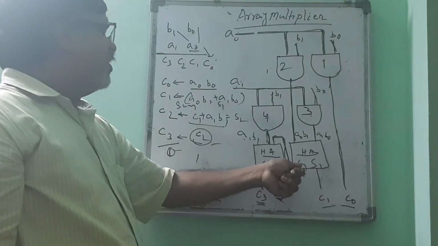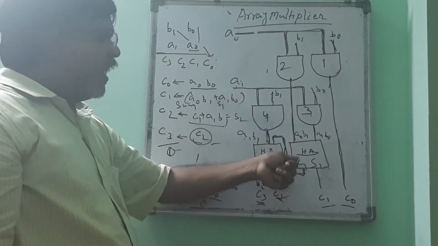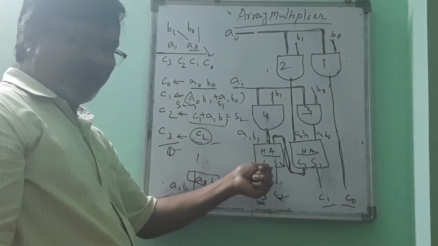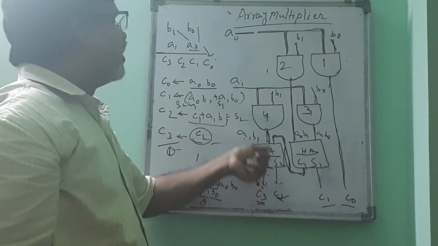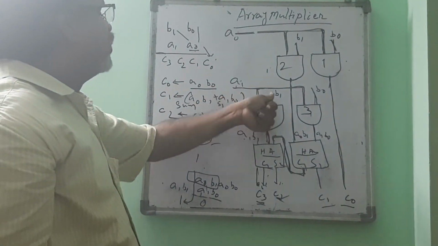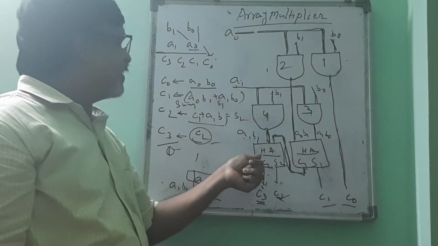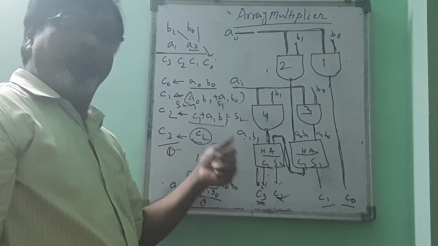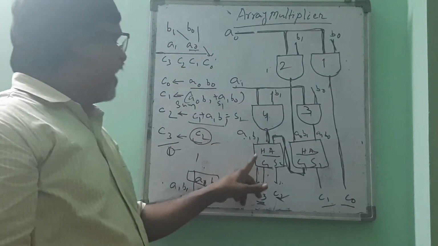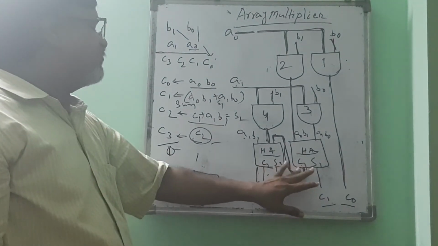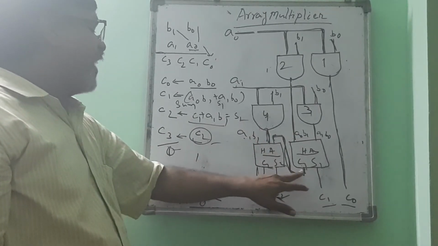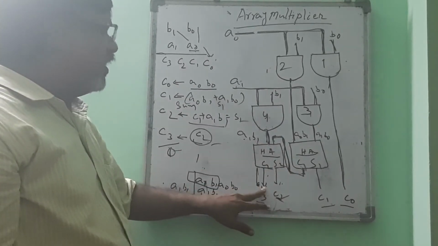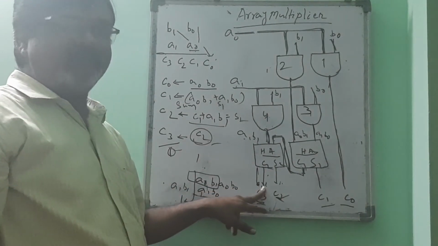And then one carry is there. That carry, either it may be 0 or it may be 1, is moved as one input to the second half adder. The second input for the second half adder is A1 and B1, which is given to the fourth AND gate, and these two will be added. Here again one sum will be generated, and one carry may or may not be generated. This carry generation depends upon the carry of the previous half adder and this value. Only if both are ones, an extra carry bit will be generated.